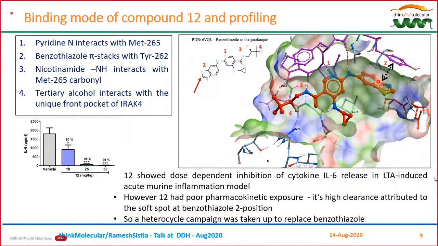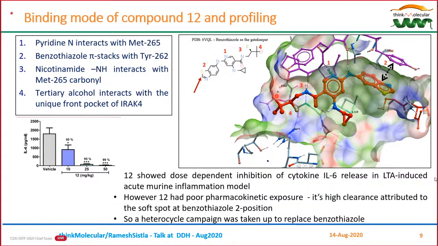So in the upcoming slides, I might be using this word gatekeeper fragment. If I use that word, that is what it means. And this is where you have the front pocket, where the fluorine, the fluorinated tertiary alcohol, actually,